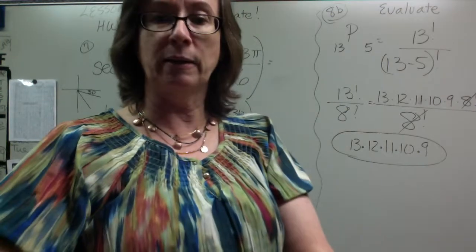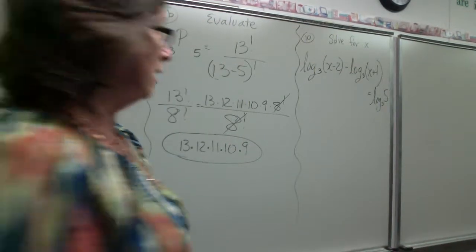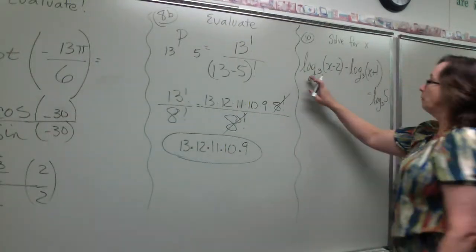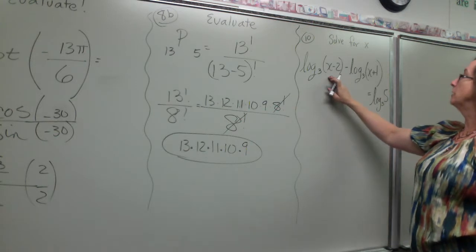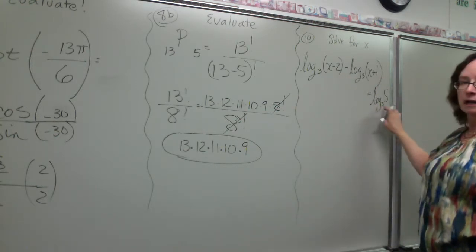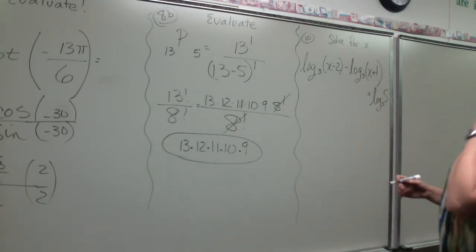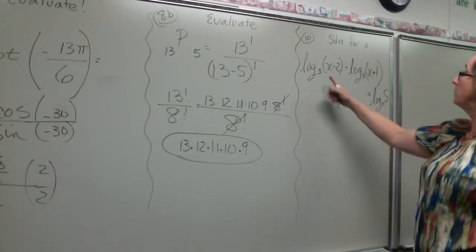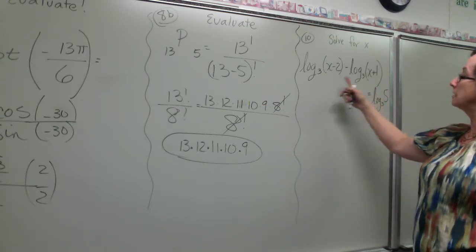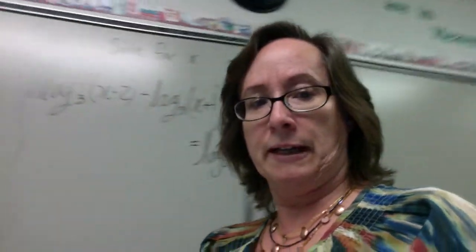Okay, now the last one I want to do for you here on homework help is over here. It's a logarithm problem. We have log base 3 of x minus 2 minus log base 3 of x plus 1 equals the log base 3 of 5. Now we have our logarithm properties that we're going to be working with, and we have a difference of 2 logs that are the same base. Okay, let me see, that's a little far away. Let me move this over here for you. Crank it up a little bit, see if I can get the board.